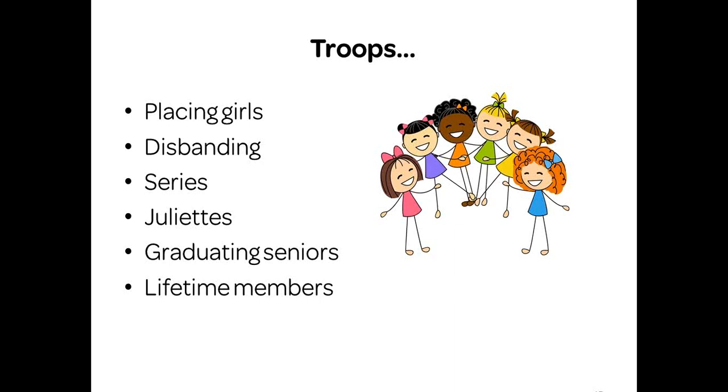Graduating seniors receive a one-time limited time offer of a 48% discount off of a lifetime membership. Okay, so that's a good deal. The current amount for graduating seniors is $195. They will get a packet from council explaining how to take advantage of this offer. If they would like to do that, then they need to have registrations and payment into council by August 31st. So they don't have forever to take advantage of this. It needs to be the summer right after graduation.